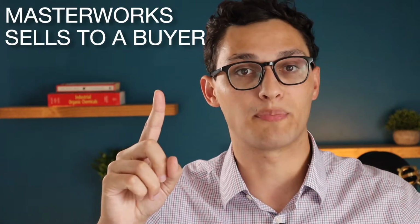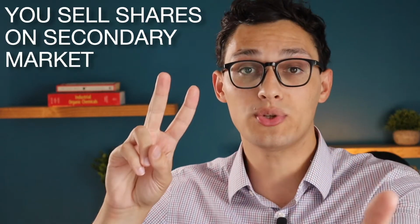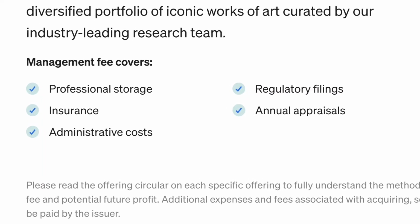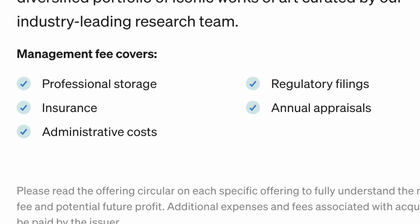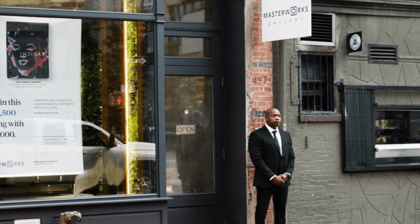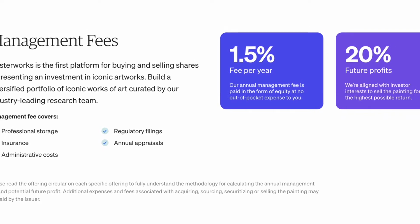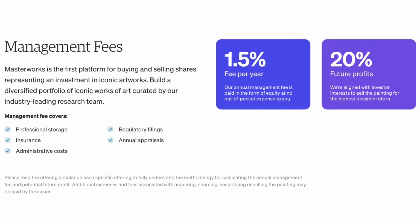So you can make money in two ways, either when they sell one of your pieces to a new buyer or by you selling to another member in the secondary market. Similarly, Masterworks makes money and covers their costs in two ways as well. Masterworks holds the art investments that they provide, insures them, and in some cases even displays them in a members-only gallery in New York City. These costs are all included in the annual 1.5% management fee and the 20% of profit that they take at the point of sale. So now that you have some background on how Masterworks actually works, let's log into the